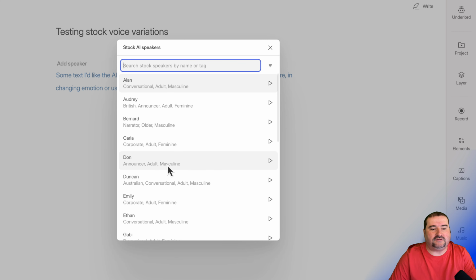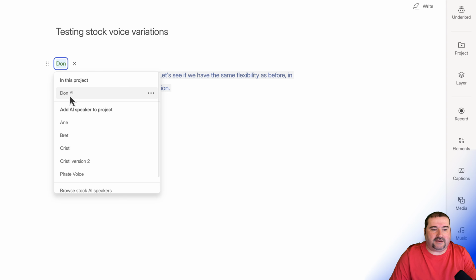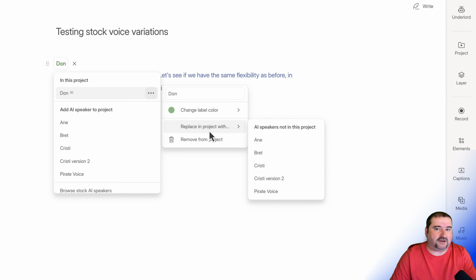Anyway, if you use this one now, you see there's only a single version of this. If I click on this, it will assign that voice to my text and start generating. However, this voice no longer has those emotion styles, but you can still use those. They are called legacy AI styles. So let me show you how to get to those. If I click on Dawn here, this says Dawn AI, okay? So I cannot use this one. Even if I go to the three dots here, there are no variations for this voice that I can use.